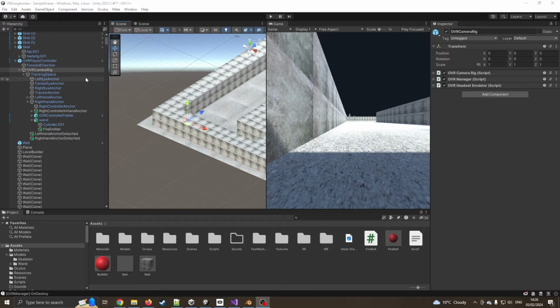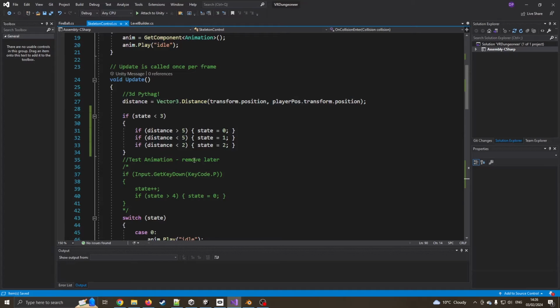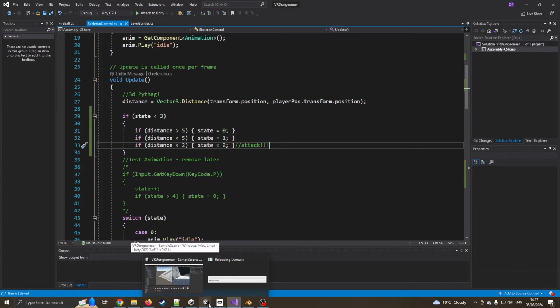So I was thinking about adding a collision detection box, but it occurred to me I don't need to because the skeleton knows where you are. We're using this distance function, and we've just said that if the distance is less than 2, then state 2, which of course is attack. So at this point, if he's got that close to you and he can attack, then you're going to get some damage. So what I need to really do is just create some code, a health for the actual you,